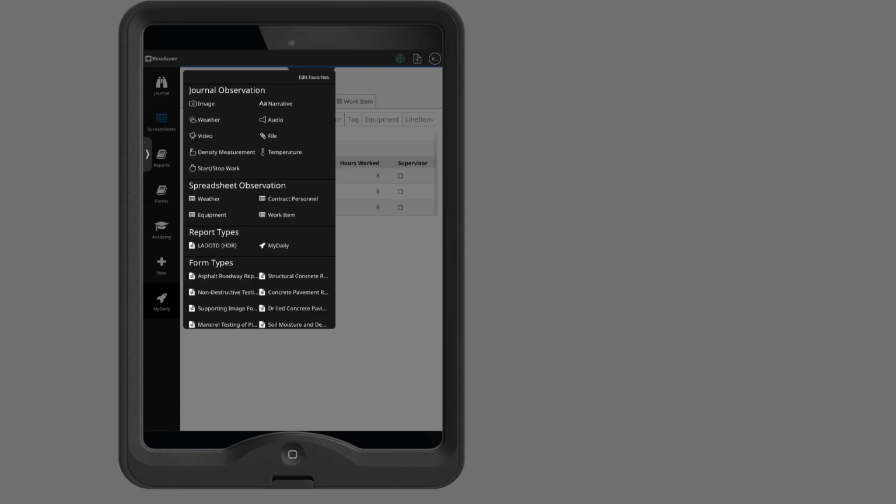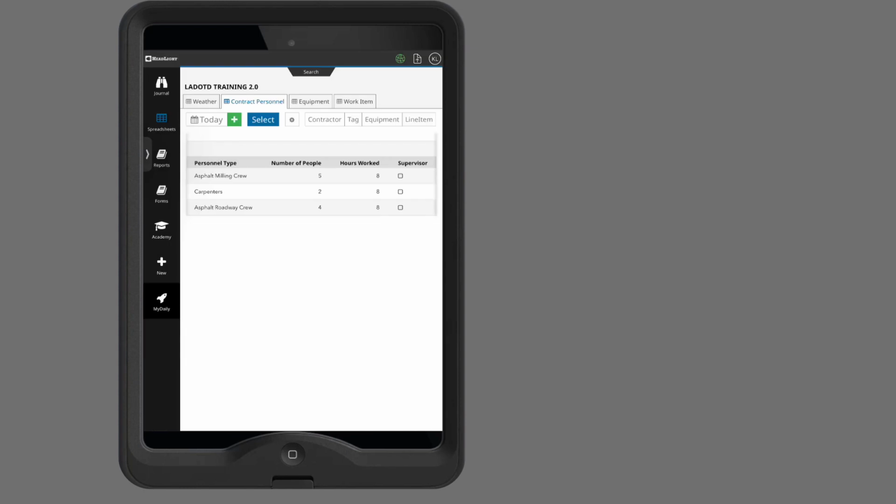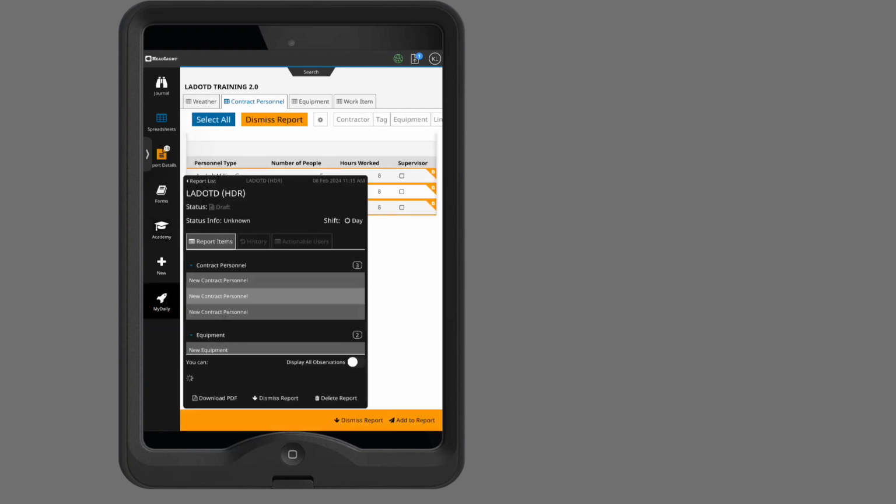If I click done there, adding that My Daily button, this My Daily button is what you'll click at the end of the day. And in one click, it's going to compile everything you do in the system into a report for you. If you're on multiple projects, you do have to add it to every single project that you're on, but it's just a one-time thing. So it's project specific. But now if I click that My Daily button one time,